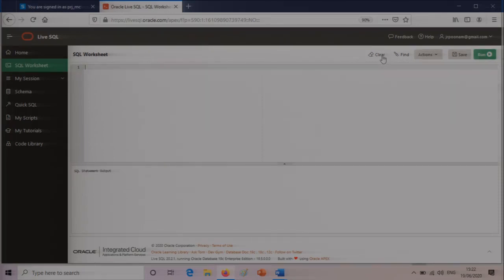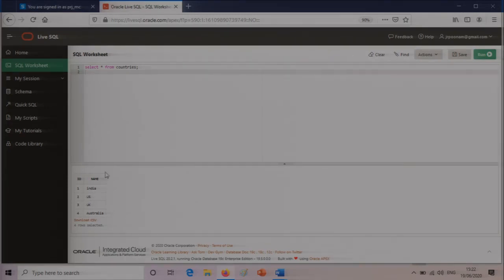Now I hope the values have got inserted. Here you can see that the data has been inserted successfully.